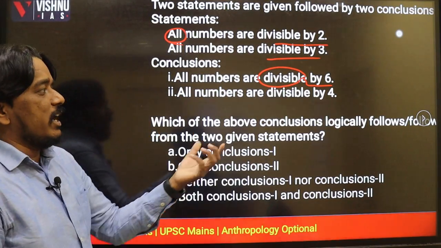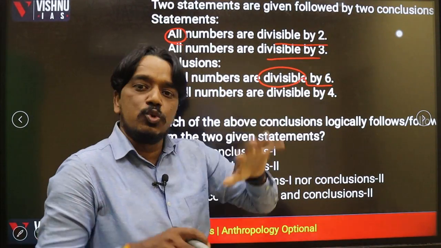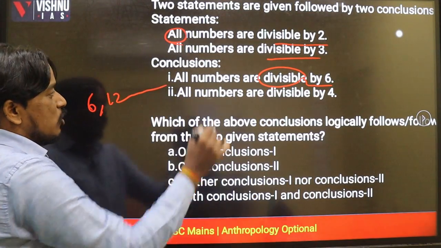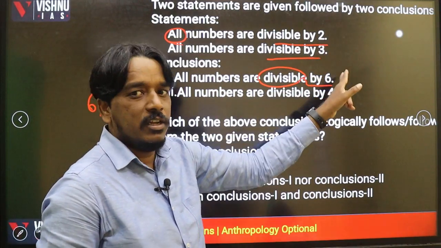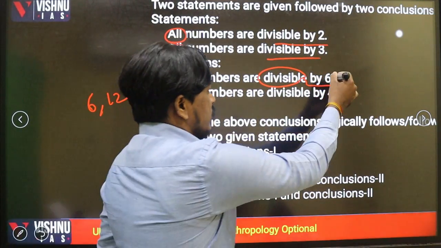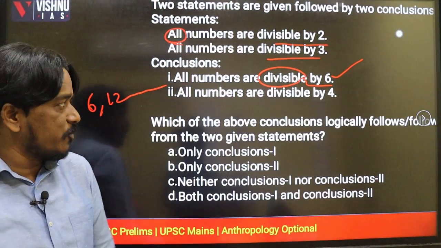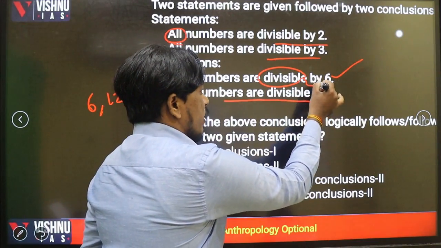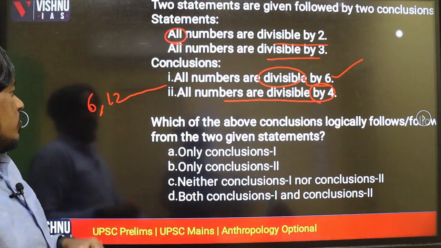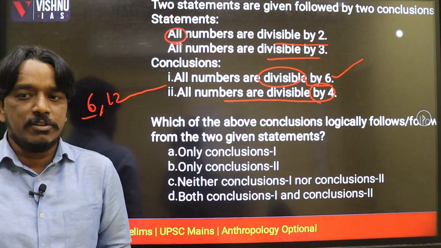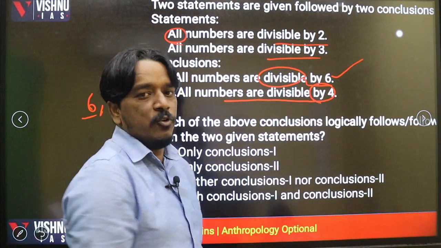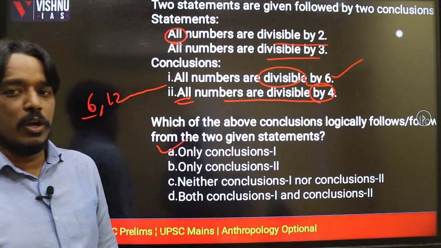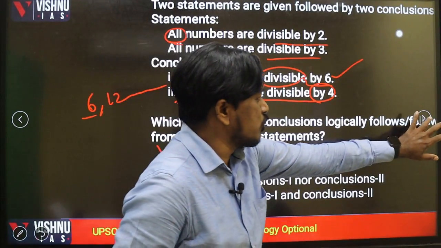See, whichever number we are taking divisible by 6, that are divisible by 2 and 3 definitely. See, if you take 6 or any multiple of 6 you take here, all those numbers are divisible by 2 and 3. Definitely according to the given statement, without any problem, the conclusion 1 satisfies. So you can take the conclusion 1 as right. And if you observe, all numbers are divisible by 4. So all numbers are not divisible by 4. Clear? Even if you take this one, 6 is not divisible by 4. So some numbers are not divisible by 4. We cannot decide all numbers. So definitely, only conclusion 1 follows in this particular situation. So basic type of question only.